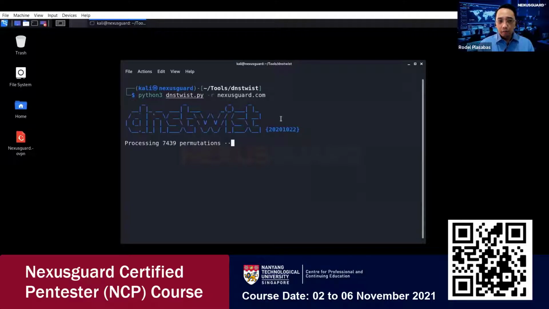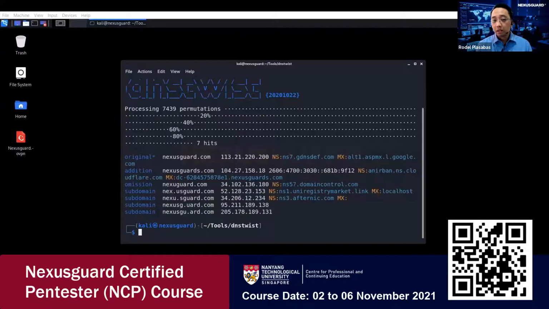So, it's a Python script basically, which you install on your machine and run in the terminal using this command, python3, because it's a Python script, and you only need to include a domain. So for example, your domain is nexusguard.com. You input nexusguard.com there, and the tool will try to generate a list of squatting domains. As you can see here on the screen, it says 7,439 permutations, meaning out of these permutations or number of domains,